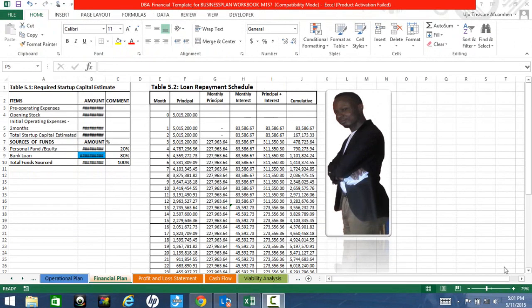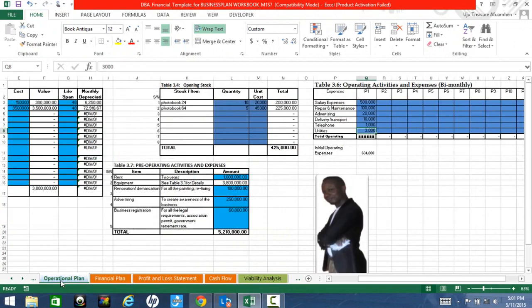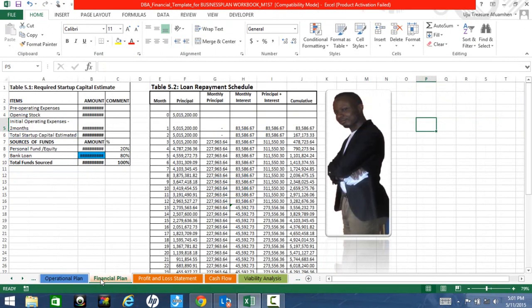Welcome back. Now let's move over to financial plan. The only way for you to get this right is to ensure that you've done the operational plan class. Otherwise you may need to go back and take the operational plan class. Now for the financial plan,